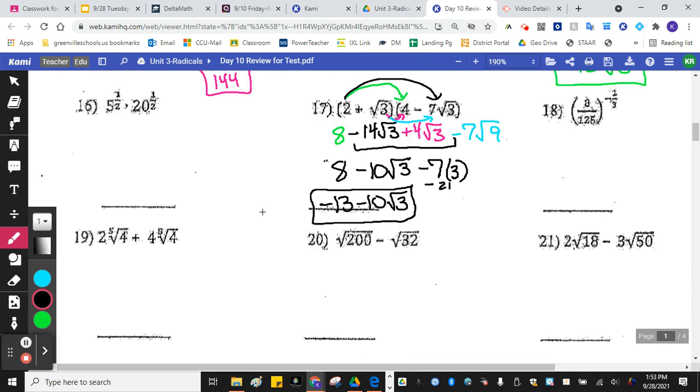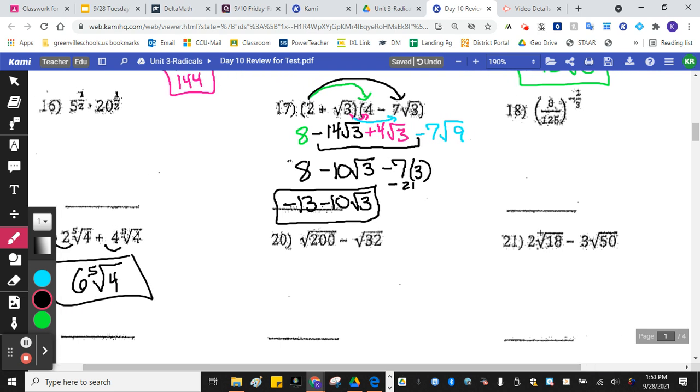Nineteen's probably the easiest one on the sheet. They're both the fifth root of 4, so you add their coefficients. So 2 plus 4 gives you 6. You don't add anything else. That's just it. Add the coefficients, as long as they're the same radical, both fifth root, same number underneath, radicand. On 20 and 21, if they're not the same one, see if you can simplify it into